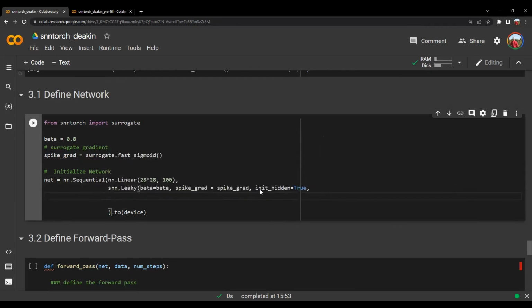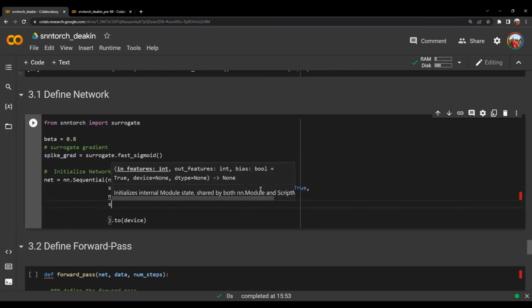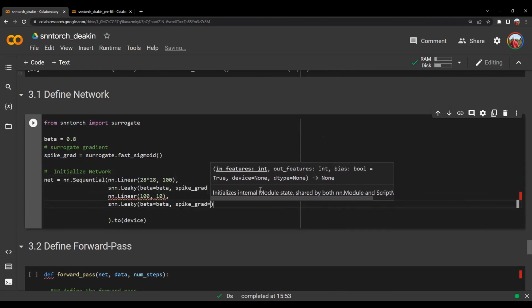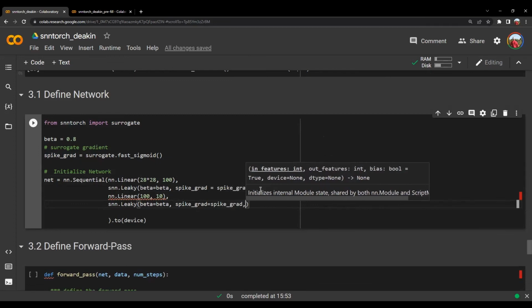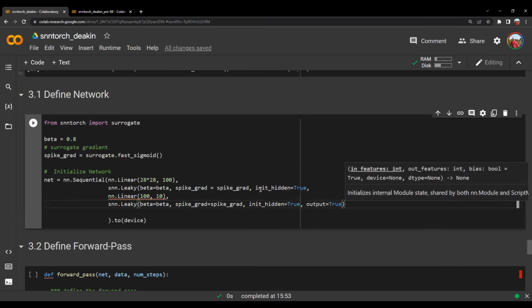Then if I want another layer, just so we have a two-layer network, nn.Linear(100, 10) for 10 output neurons, and then we concatenate that with another Leaky layer. So beta=beta, exact same thing, spike_grad=spike_grad. Don't worry about these extra arguments for now. Then we set output=True, just to tell this network that